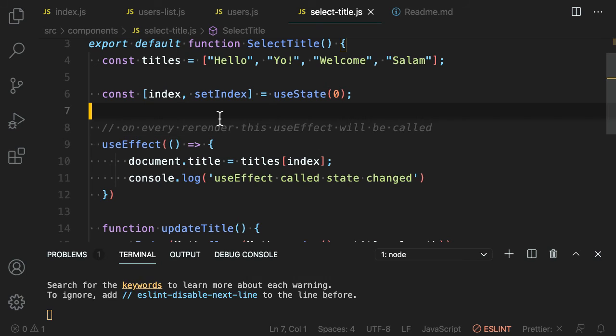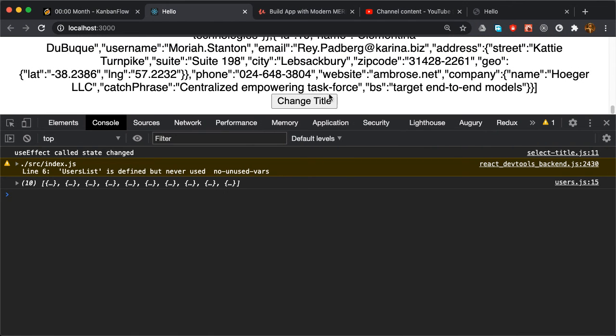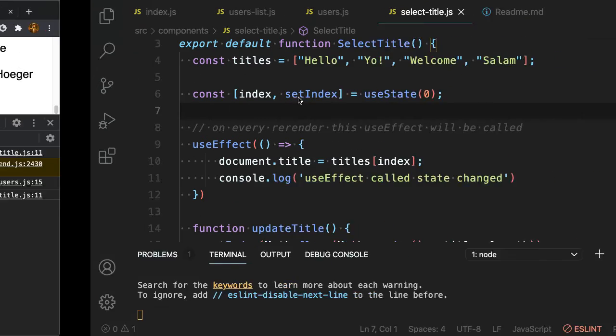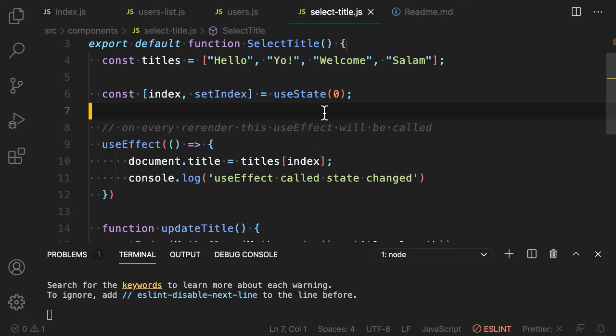That's it. Now you can see that I'm going to change the title, but I cannot see. Oh, I can see the title here. You can see the random title, and useEffect has been called successfully. If you have that type of use case, you can implement